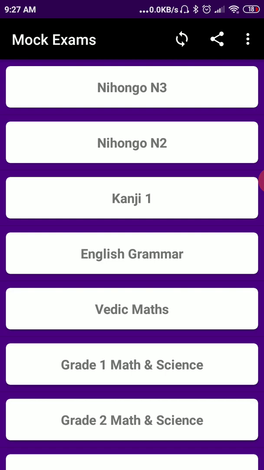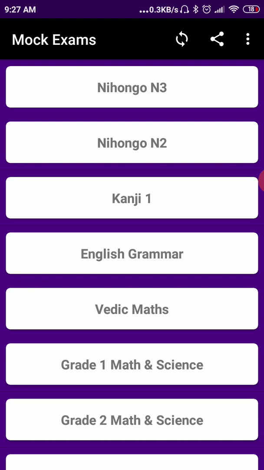But the bad part about it is if the teacher adds more topics, then you need to manually hit this button and then get the latest data back. But this is maybe once in a week probably. So maybe every Monday morning, you can try to get all the new questions into your system. And once they're in the system, then an internet connection is not required at all, right?